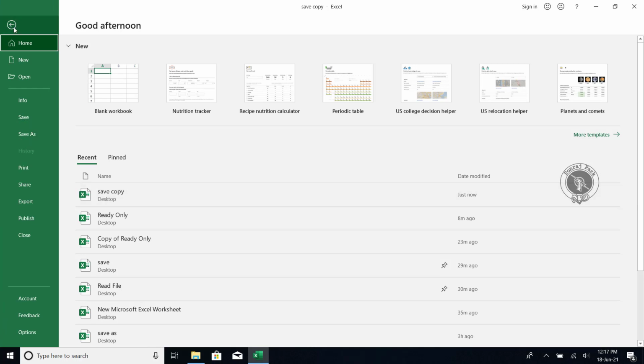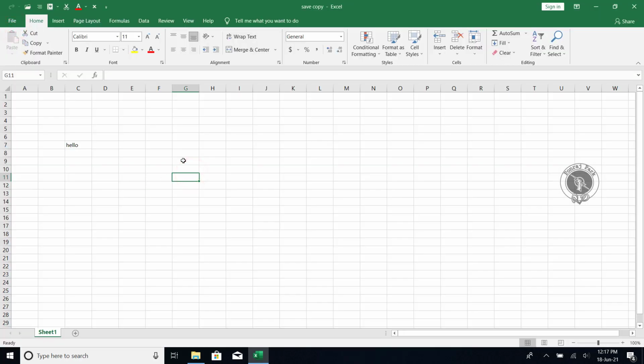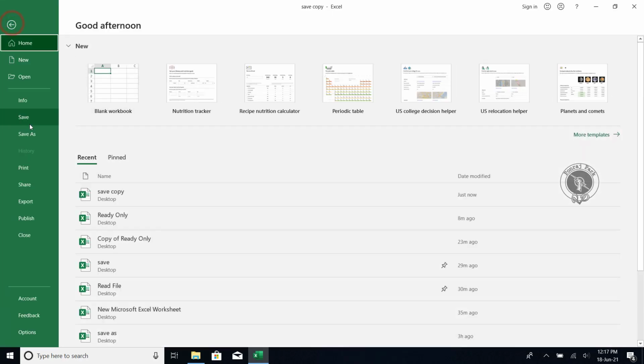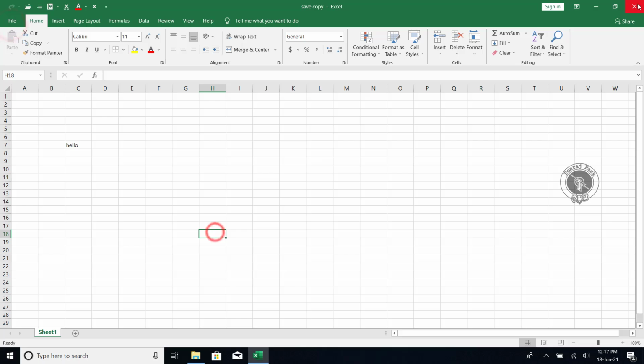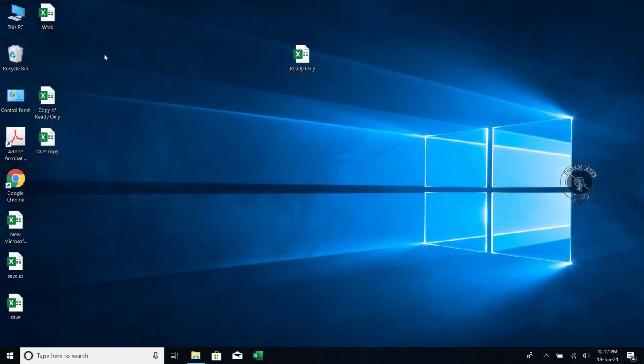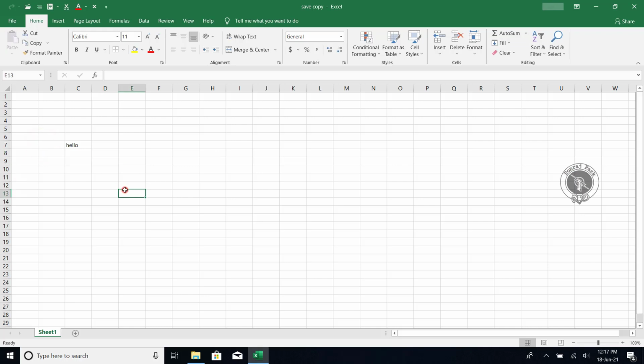Mostly when you first save any file, it works as save as only, but after one time if you save this file, now I'm closing this file. Okay, so this file I have saved as save copy, and now I am again doing something.